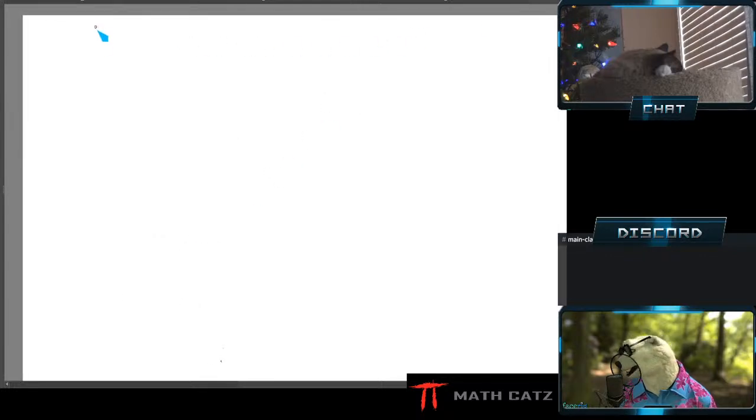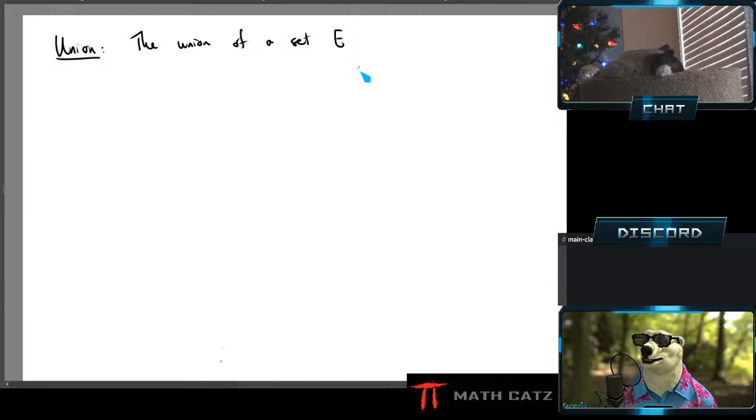Let's look at two ways to do that. The first way is the union. Now I'm going to say it in general without specifying any sets, but then we'll come back to the specific examples. So just bear with me while we write out this sentence. The union of a set, let's call it E, could be anything, with another set, call it F,